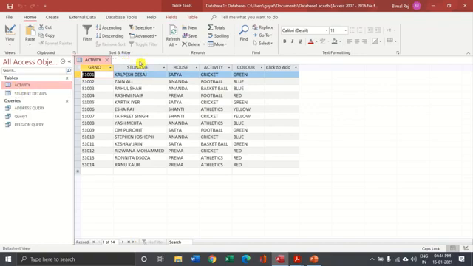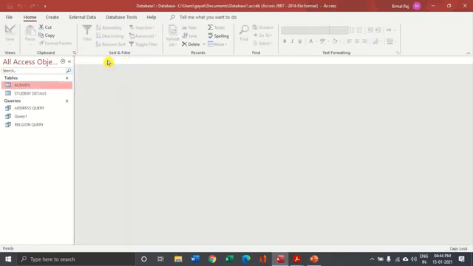Now these being two different tables, we need to set a relationship between the two tables. And for setting up the relationship between two tables, the most common field among both of them is the GR number. Now the GR number of the student details also exists in the activity details. So GR number is the common field which is the primary key for the student details as well as the primary key for the activity table. So now let us first set a relationship between these two tables.